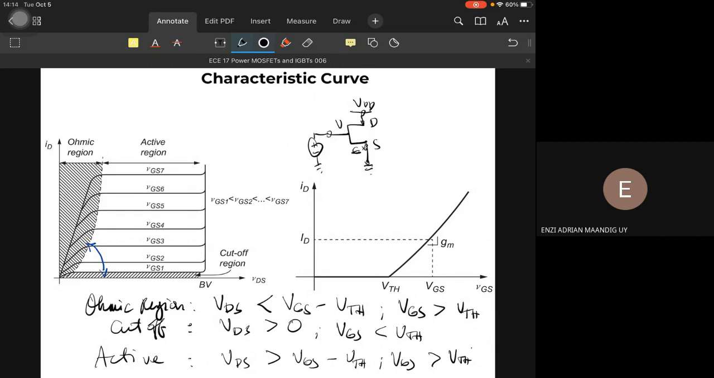Or kung sa BJT, saturation na, ang MOSFET is if nasa ohmic region. No? On, then off. VGS is greater than VDS, and VGS is greater than VTH, of course. Cutoff kung VDS is greater than 0 and VGS is less than VTH. No? So ato lang